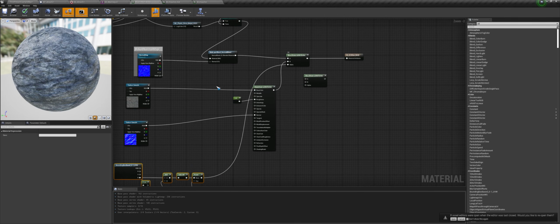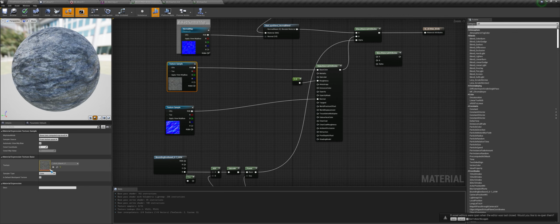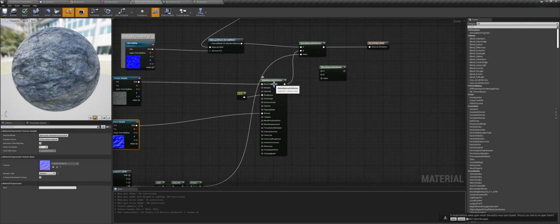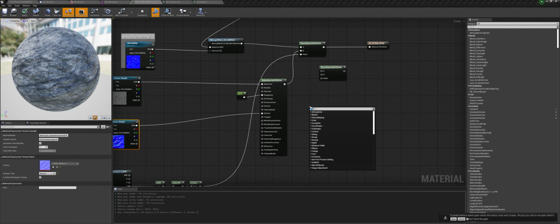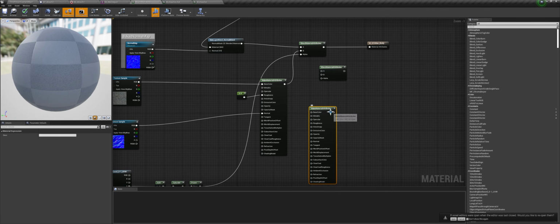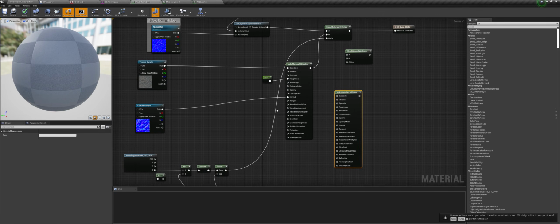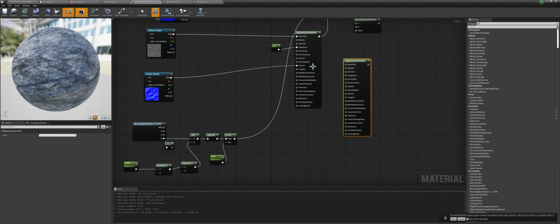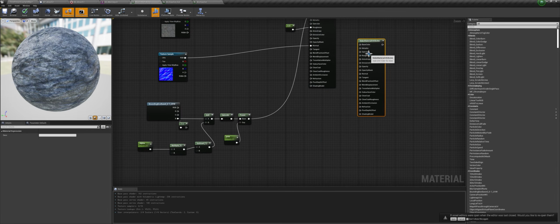So here in the B I have connected this rock texture, this one, and this rock normal with this make material attribute node. You can get that by typing in make material attribute, and we can blend all of them together. The normal, the diffuse color, metallic, specular, roughness, everything you can blend together with just one alpha.